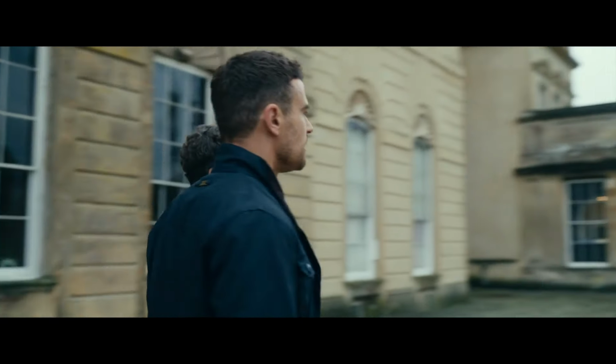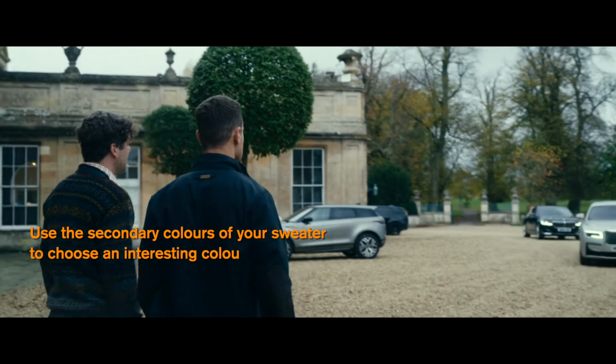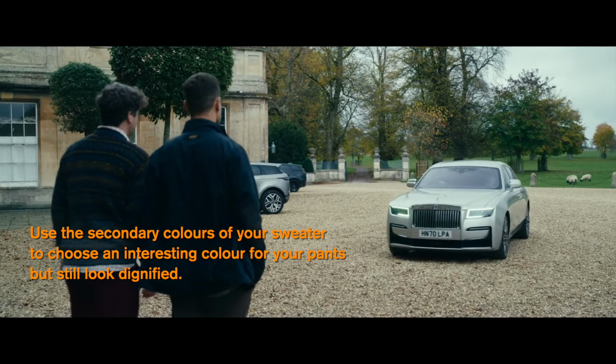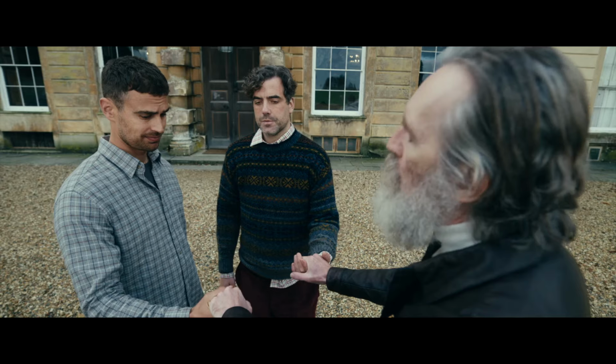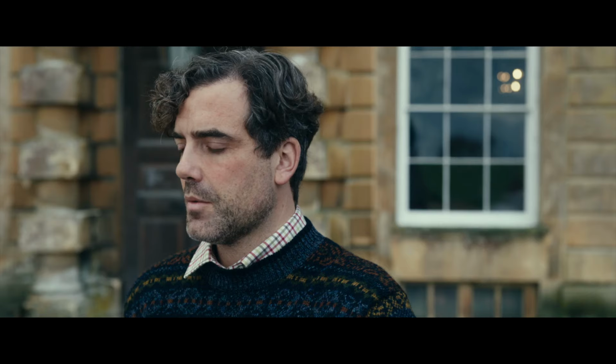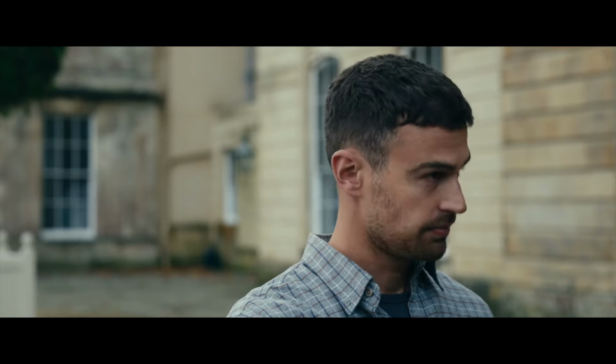Unshaven Freddy wears the grid shirt beneath a Shetland or Fair Isle style sweater. The sweater is blue and orange with red designs running throughout, allowing him to wear some rather daring burnt sienna corduroys. Matching your pants to secondary colours in your sweater or jacket is always a good way to wear a different